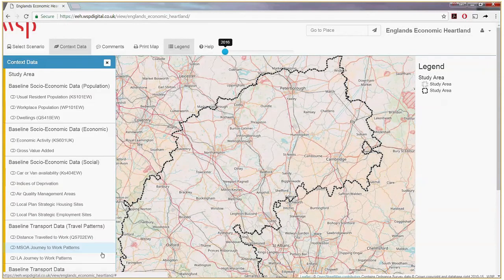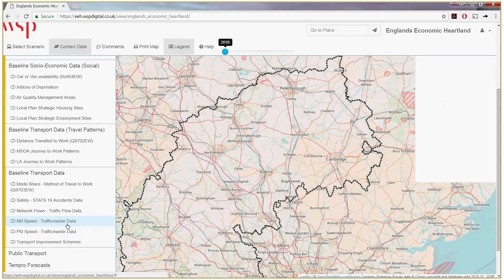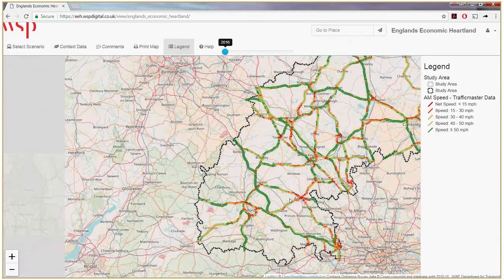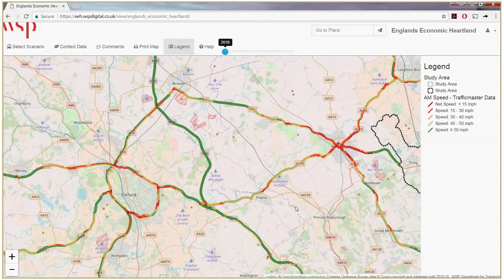We have some real-world measured traffic data on here. So here's the speeds that drivers can expect on the main routes in the region in the morning peak. And one of the things that's most prominent in that view is the contrast between Oxford with its ring road system there and Aylesbury, where through